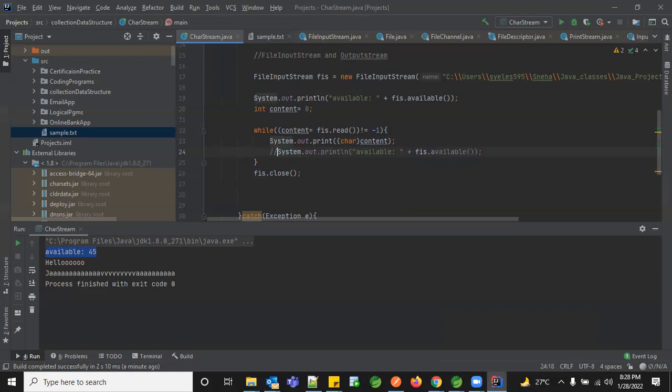Any doubts in this available? It's clear, Sneha. Yeah, okay. So now